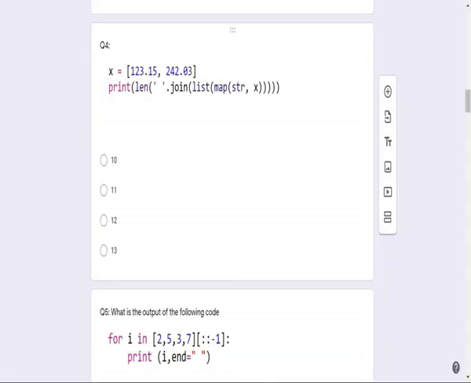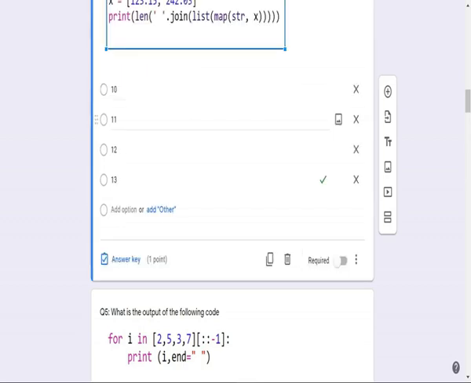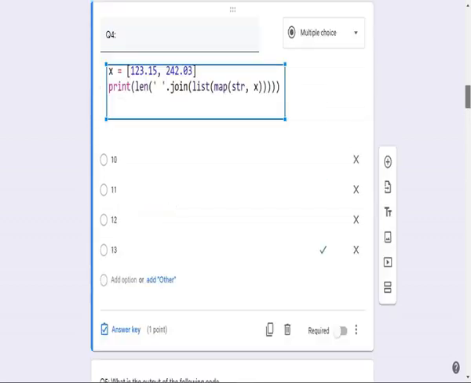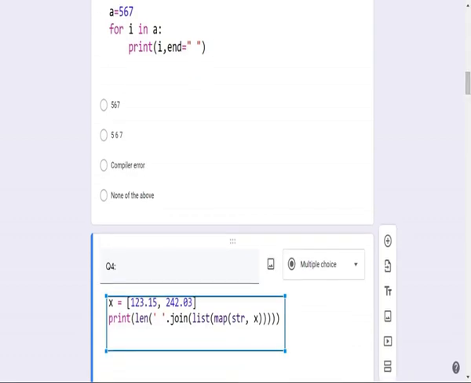Similarly, observe this one. First it performs list of map of str comma x. That means you know the function map, like map of int, that is type. The values are converted into strings.